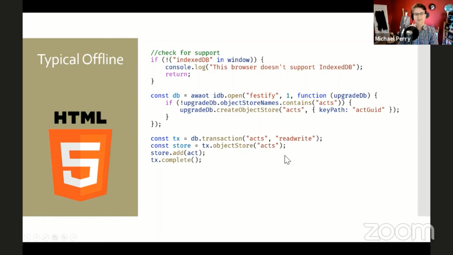in a typical PWA application, you would use something like IndexedDB. This is a capability that's built into the browser. So first of all, you have to check to see if your browser supports it. And then you await the IndexedDB, you open that collection and look for the stores within the collection. If it's not there, go ahead and create that object store, and then you can read and write against that